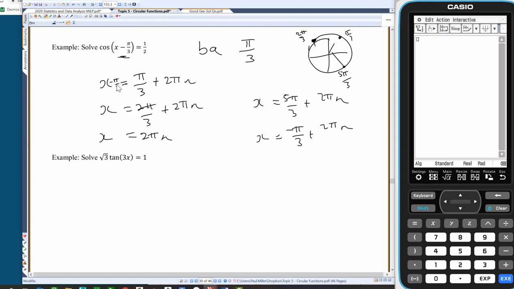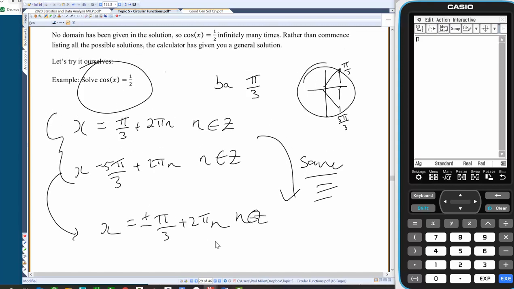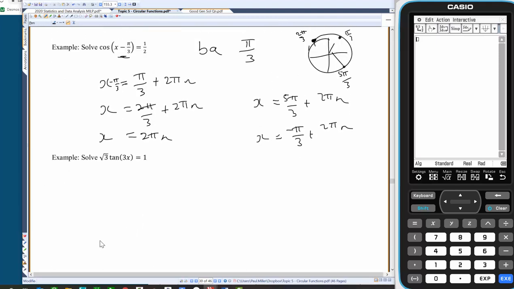Notice though that if we use this previous version of the combined solution and then had to add the pi on 3, we'd have to break this solution apart. We can't use a plus minus anymore on that one. So there's my two solutions. These are the two solutions here. So I'm going to put a, well, I forget what that squiggly bracket is called, I don't know the technical term for that, where